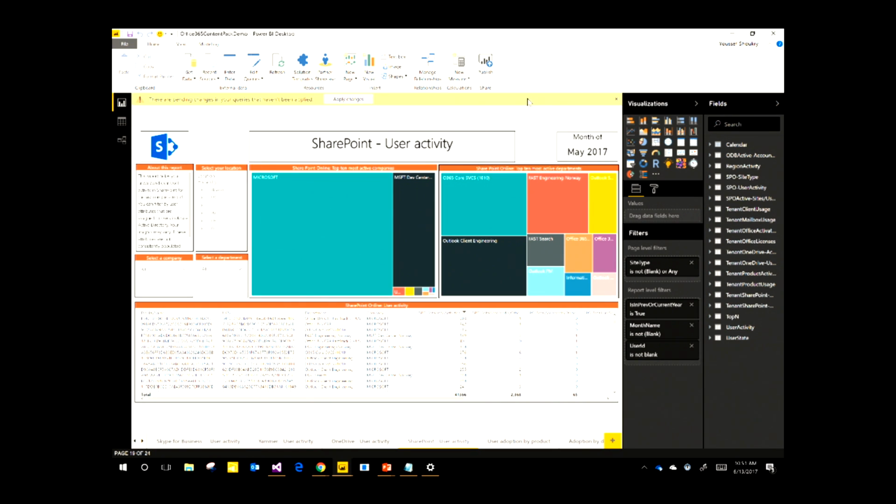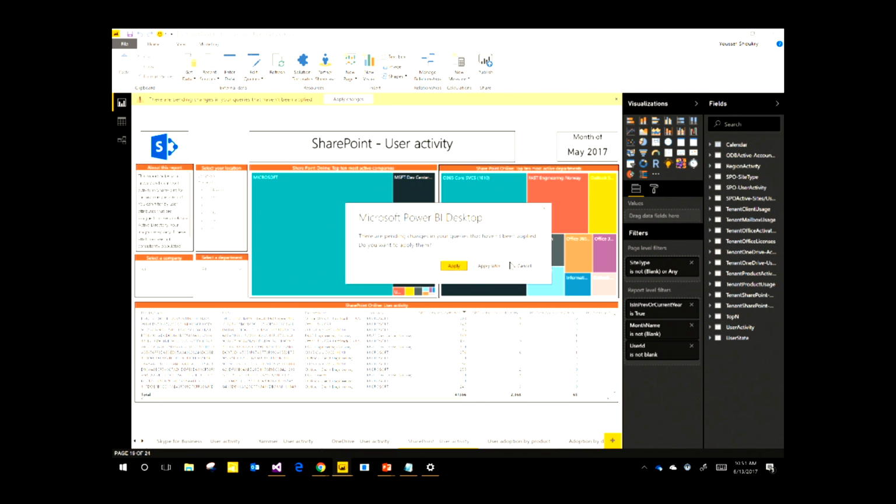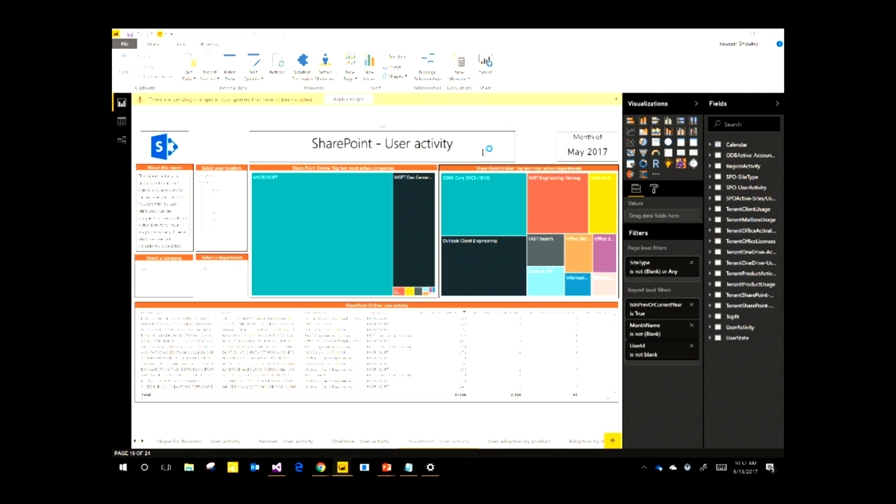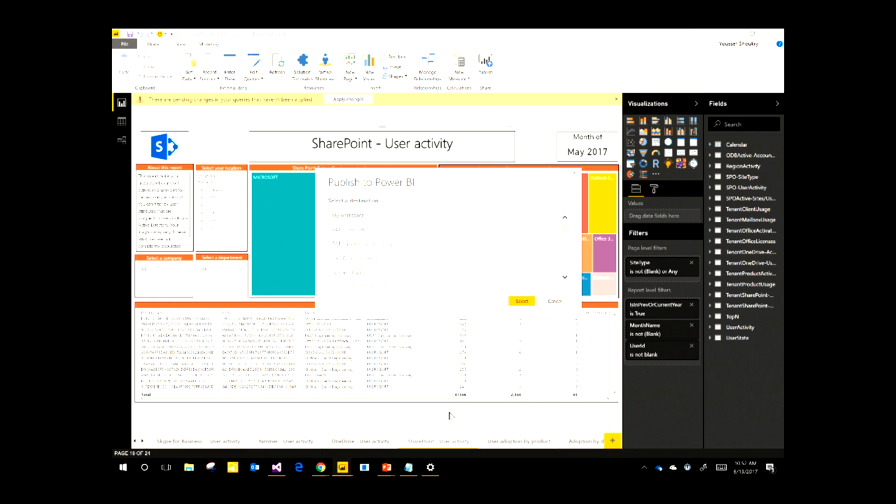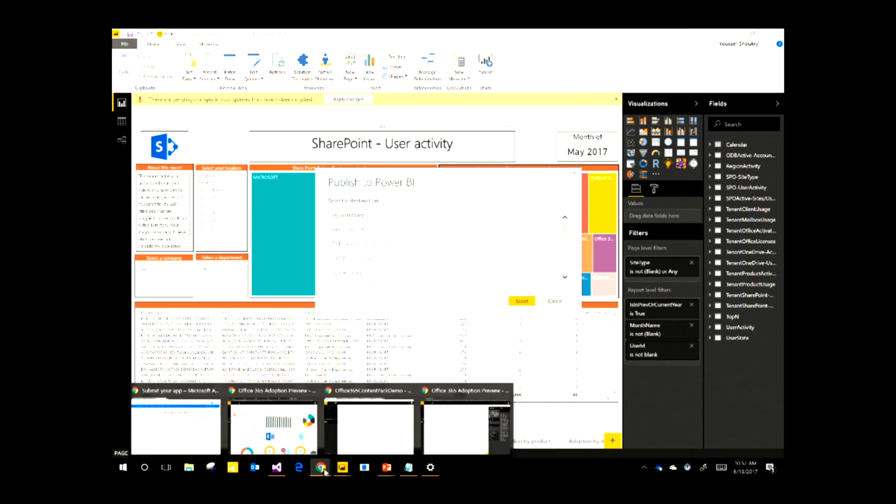All right, so now I have a file. It looks exactly the way I want it, and I would like to convert that to a content pack. So the first step is I will publish this to Power BI. Let's say save and apply later, and upload this to my Power BI account. So I've already done that. So I'm going to switch now to